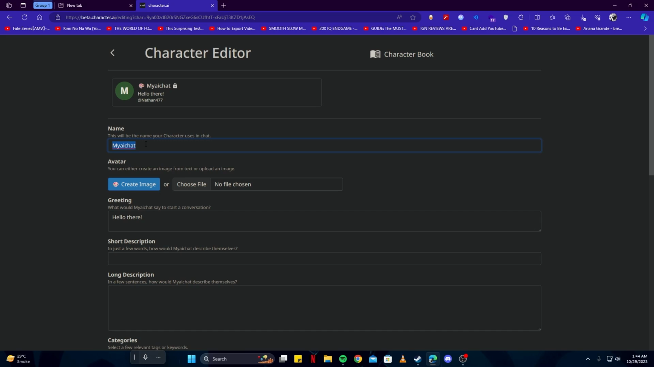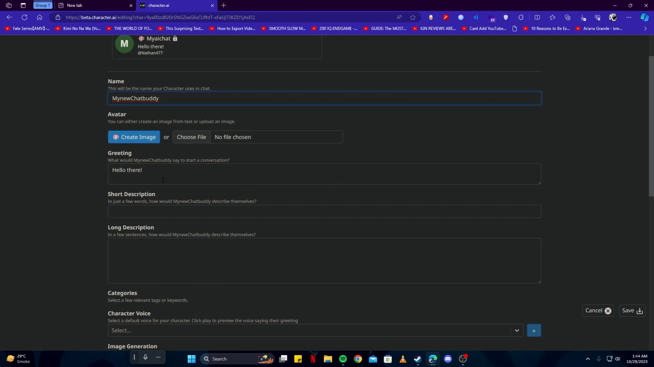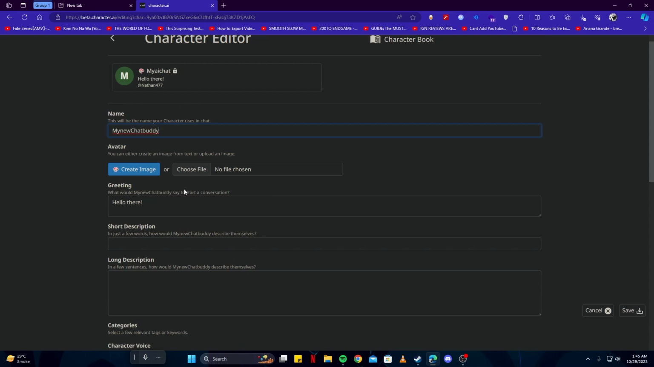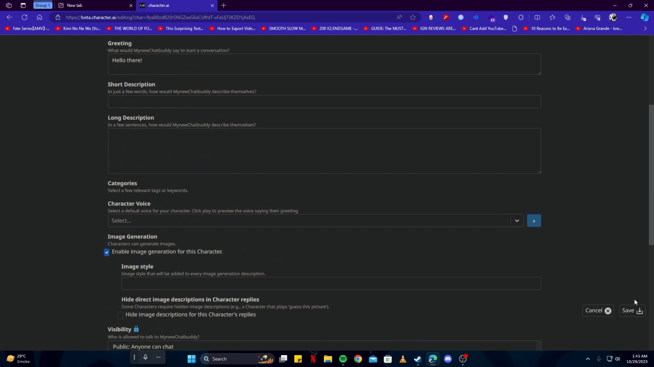For example, my character was originally my AI chat, but I wanted to delete it and I wanted to have a different character instead. So I will say my new chat buddy. And you can also add a lot of other things or change them, whatever you would like. So it's basically like creating a whole new character and deleting another one without even having to delete the character in the first place. Once you're done here and you have everything you need, simply click on the save button